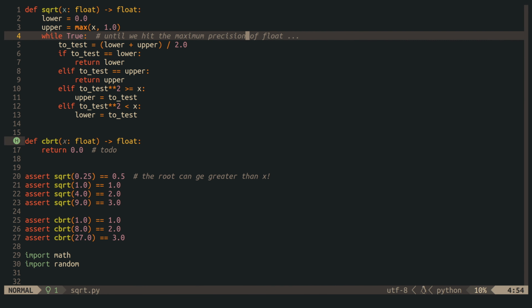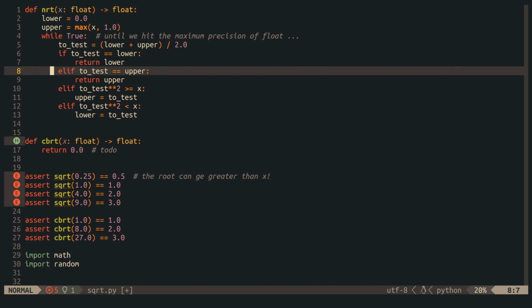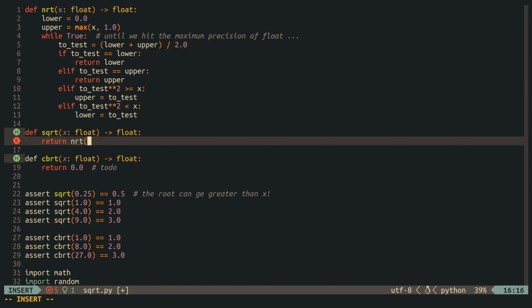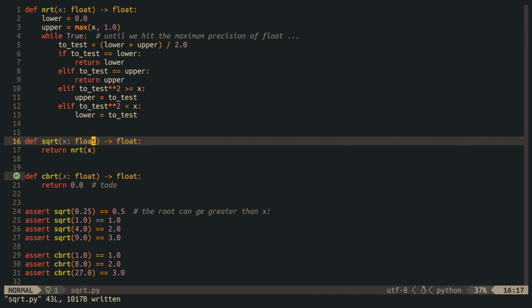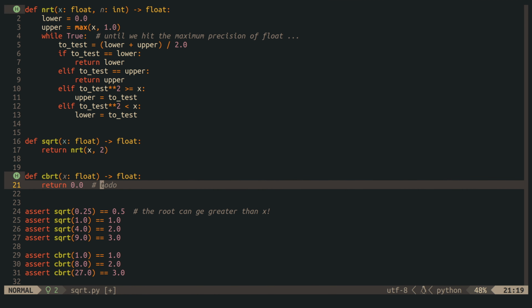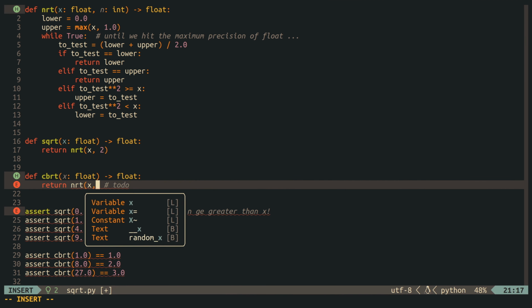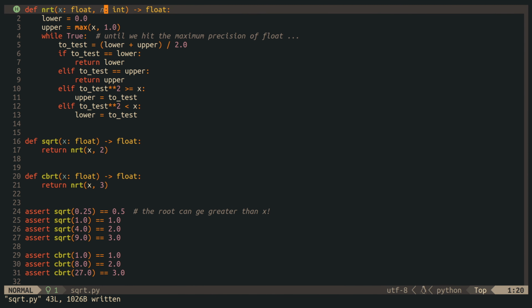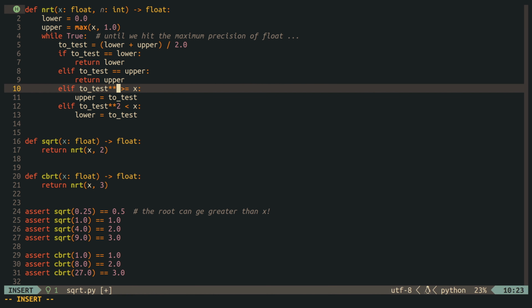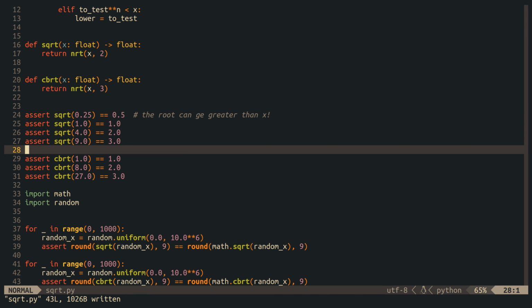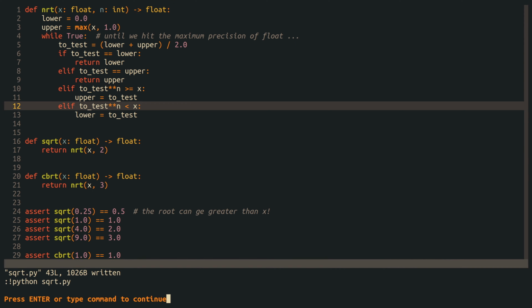Now I'm renaming our square root function because this is the function I want to generalize, and both our square root as well as our cube root functions will delegate to the generic one. So pretty much the last thing that we still need to do is to add an additional argument to our generic root function to pass in the exponent that we want to work with. For the square root this would be a 2, and for the cube root this would be a 3. That's it. Now when we run our program we don't get any assertion errors reported, meaning that both our square root as well as our cube root functions are correctly implemented.